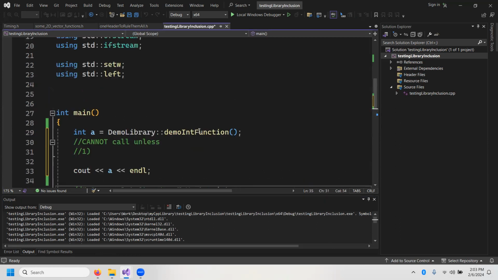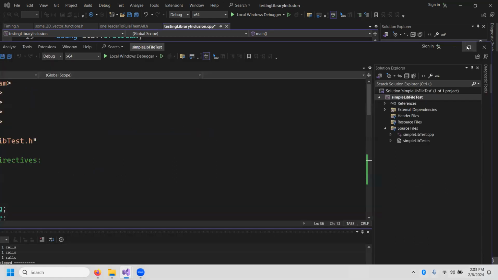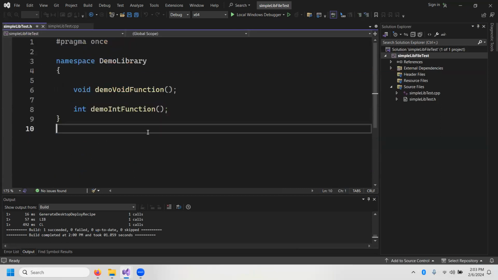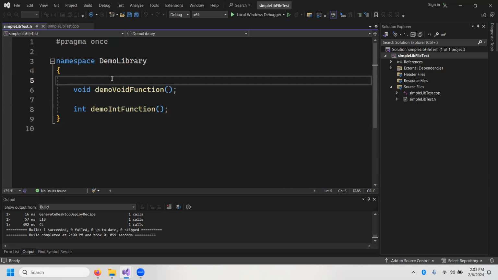Okay, so I've made one project. It consists of two files, a file called simple library test.cpp. It includes some things. It includes this header file. The only content in this header file, I'm using a particular namespace, maybe because